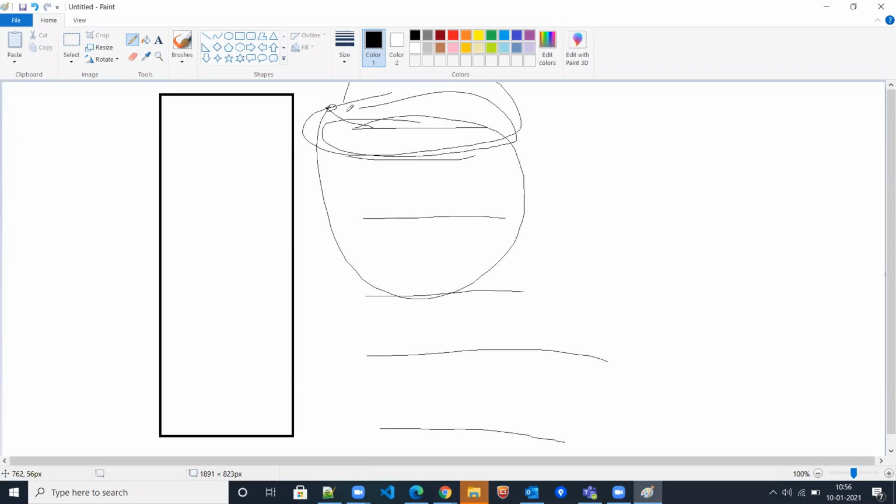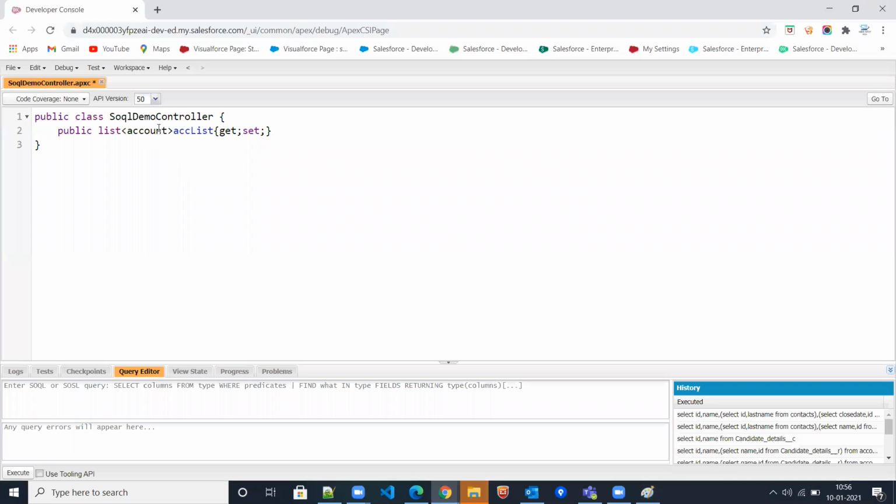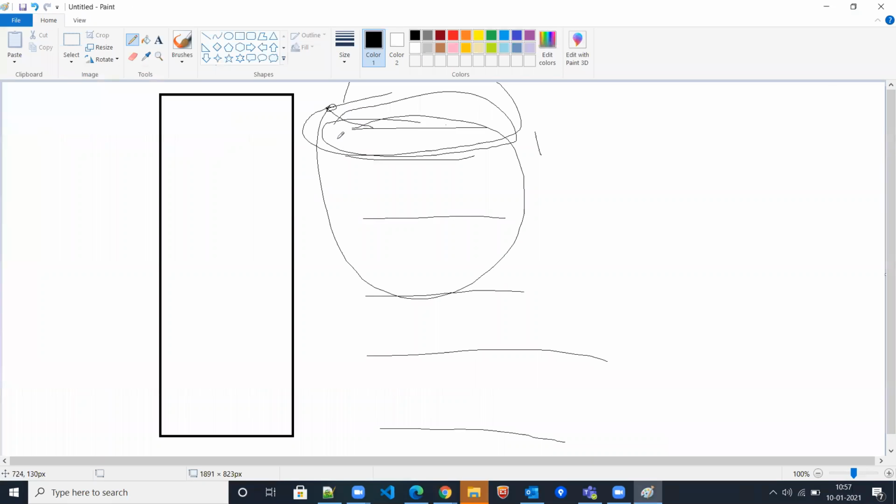We are storing one or two records in one variable only, in a string variable, in an integer variable, in an account variable, or anything. We are aware that we have the account object. We can say public Account acc, and we write getter setter. This account is declared as acc, a variable, and Account is an sObject, a standard object. So we can store one or two values in acc. But if we have multiple values, 10, 20,000, 10 lakh records, we have to store all of them in a list. So we cannot display them one by one.